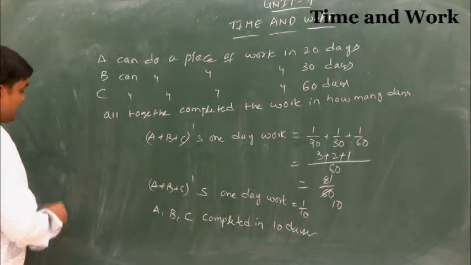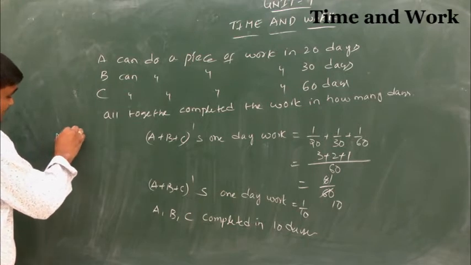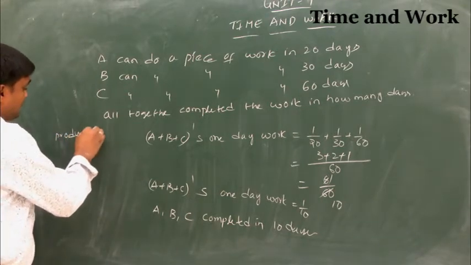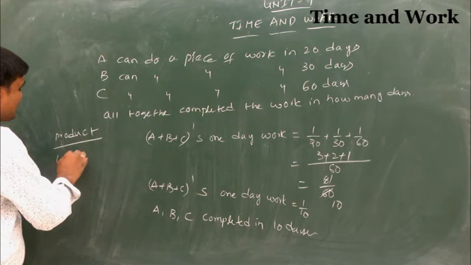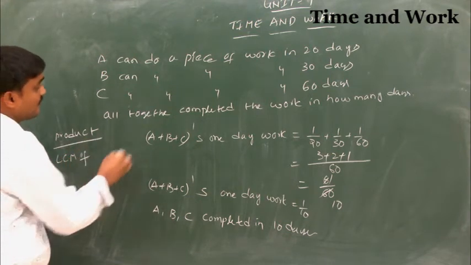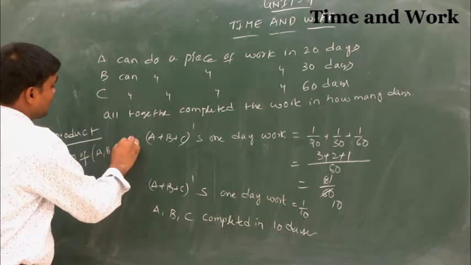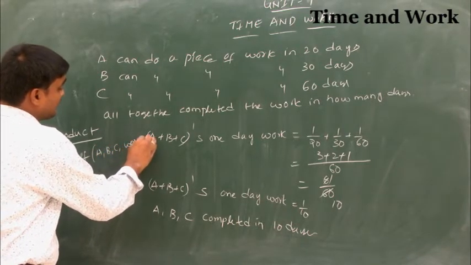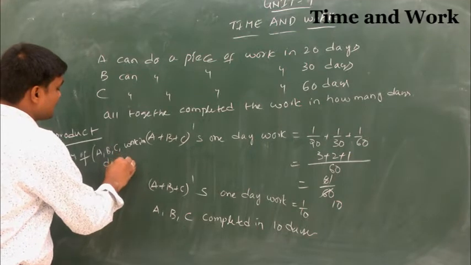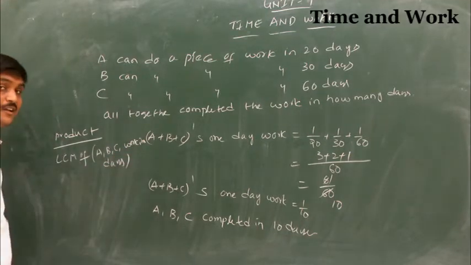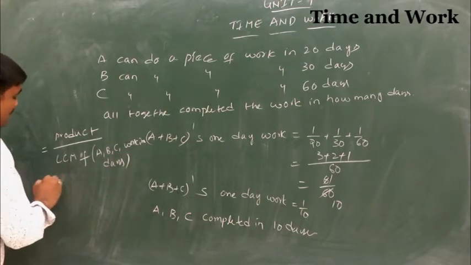Otherwise, the shortcut is product by LCM of ABC's working days. So here product is